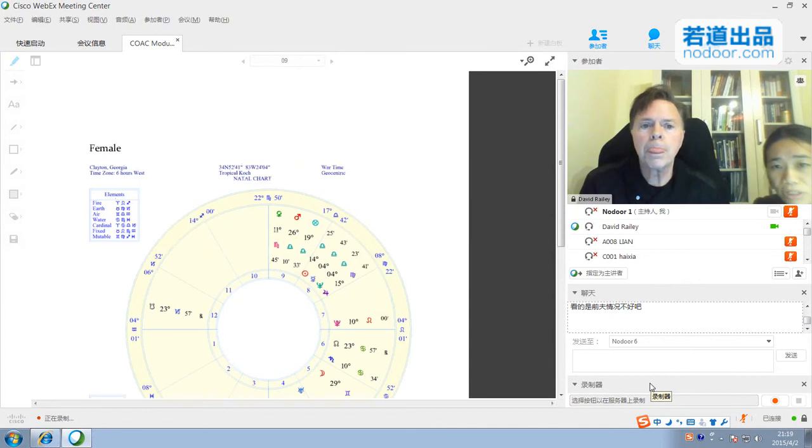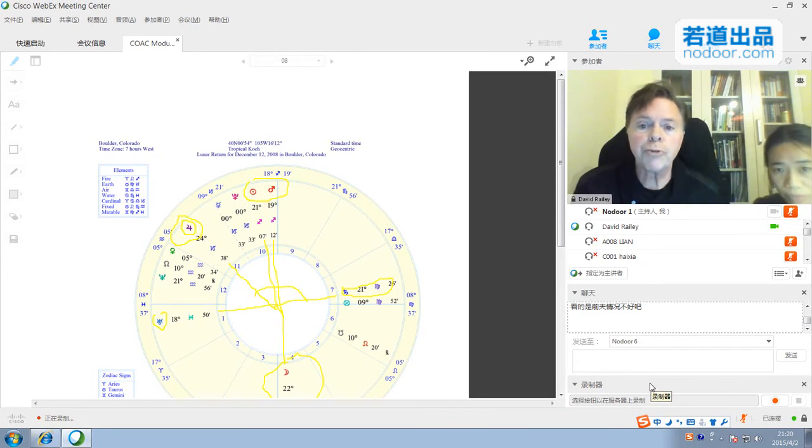Okay, what's the other question? Even in the lunar return chart of the moon, why is it related to money? Is that because it's related to Scorpio? I would say that if you had just shown me this lunar return by itself, I'm not sure I could have guessed that it had to do with money. What I would have noticed was the high stress pattern of the chart. I would have seen that it must be some kind of dramatic development. I would have noticed that it had to do with partnership, family,